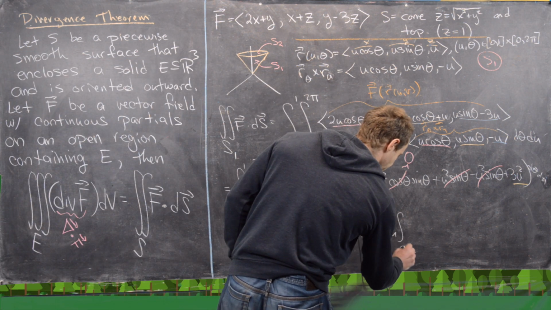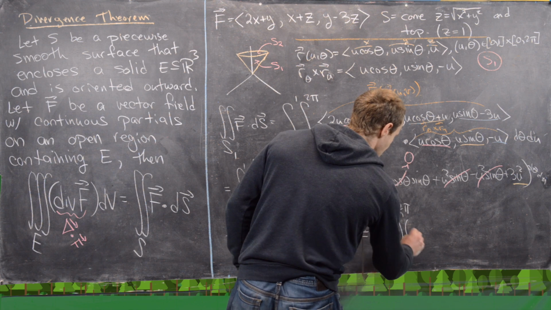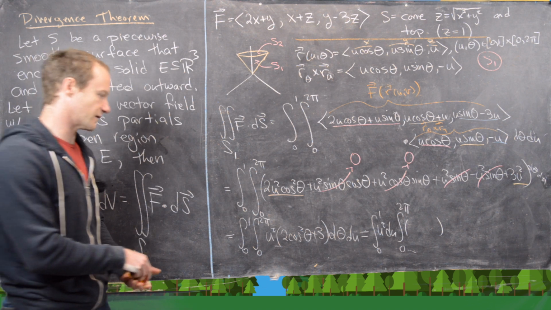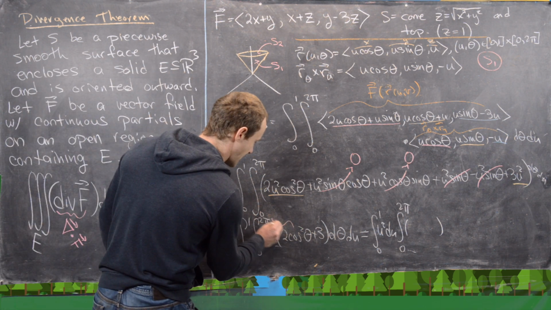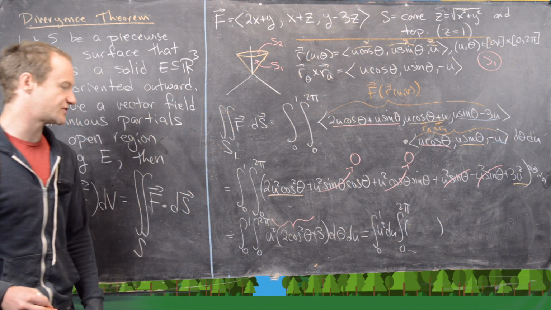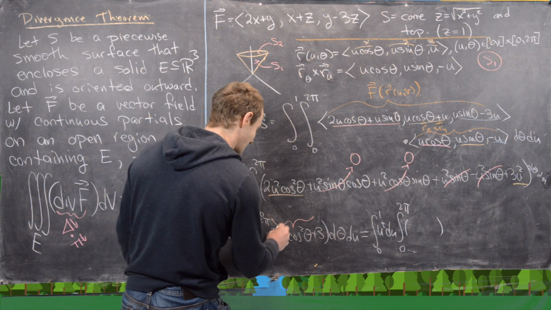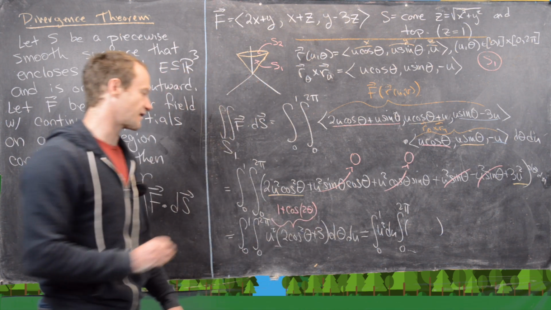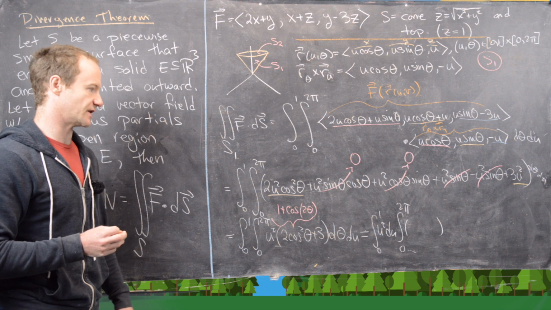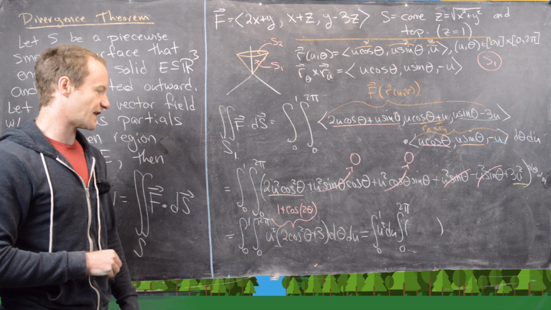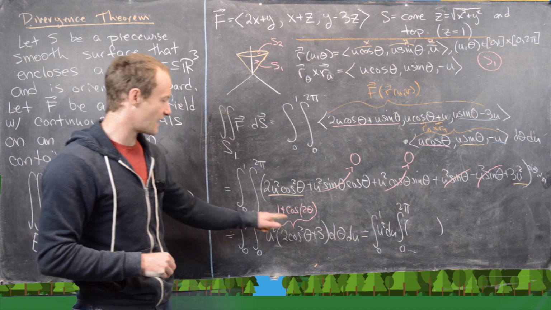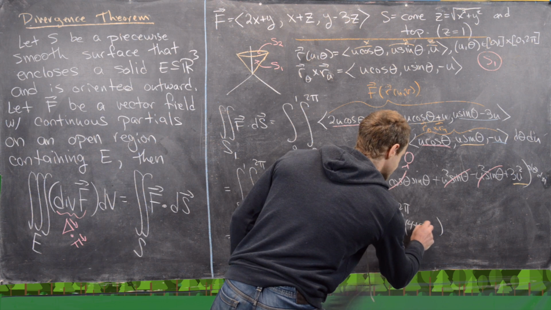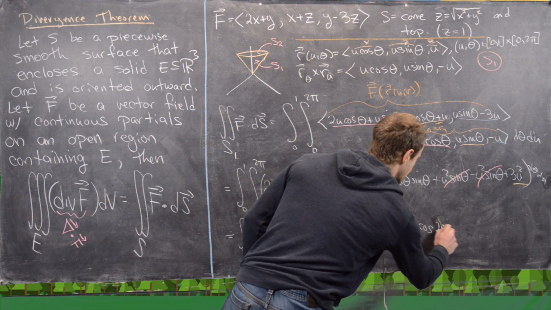times an integral from 0 to 2 pi of the rest of that stuff d theta, but I want to rewrite that a little bit. I'll use the power reducing formula to rewrite that 2 cosine squared theta as 1 plus cosine 2 theta. Again, this is a really common formula when we're doing these kinds of triple integrals and surface integrals, so that's really useful to remember. Now we're going to combine that 1 with that 3 to give us 4 plus cosine 2 theta,